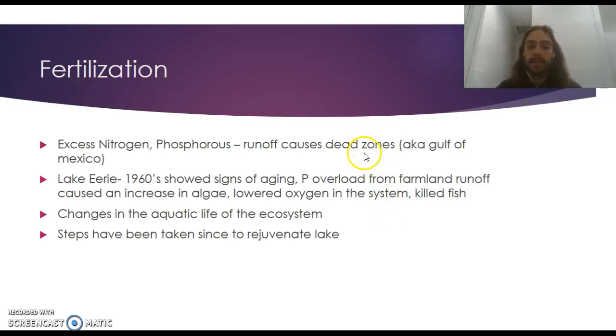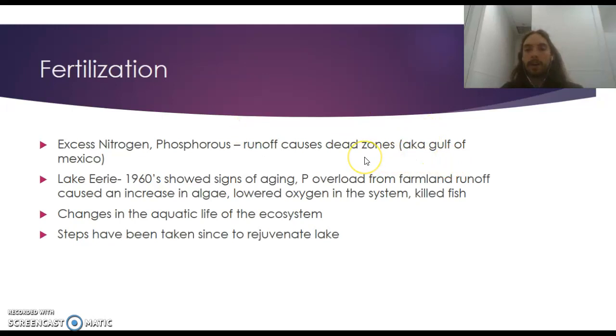So then we've got fertilization. Fertilization is essentially nitrogen and phosphorus. We've talked about this before. What's going to happen with this is that one of these is soluble and one is insoluble with water. One goes into the water and will go down into a runoff zone, and it will end up going into lakes or the Gulf of Mexico. And then the other one is insoluble with water, and it's kind of like oil that just slides across the top of the water. It's going to do the same thing. It's going to end up going into large bodies of water.